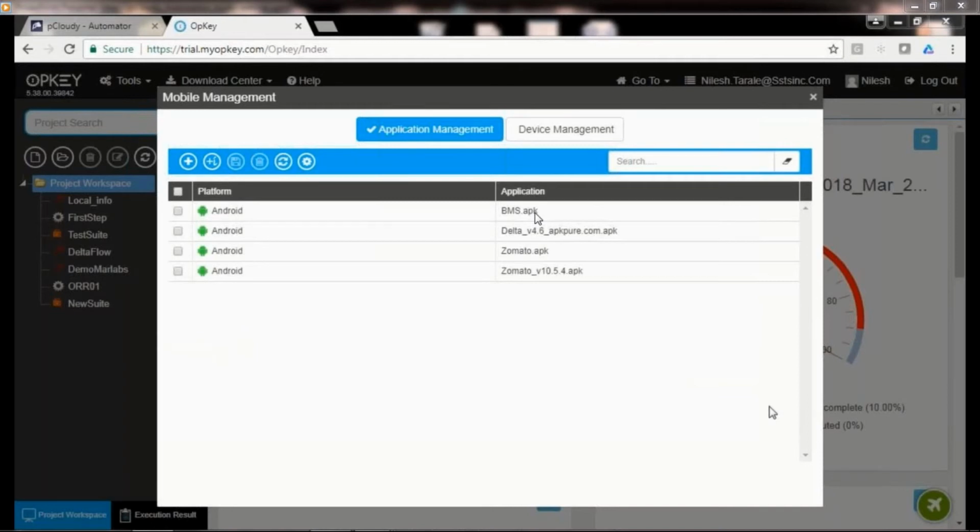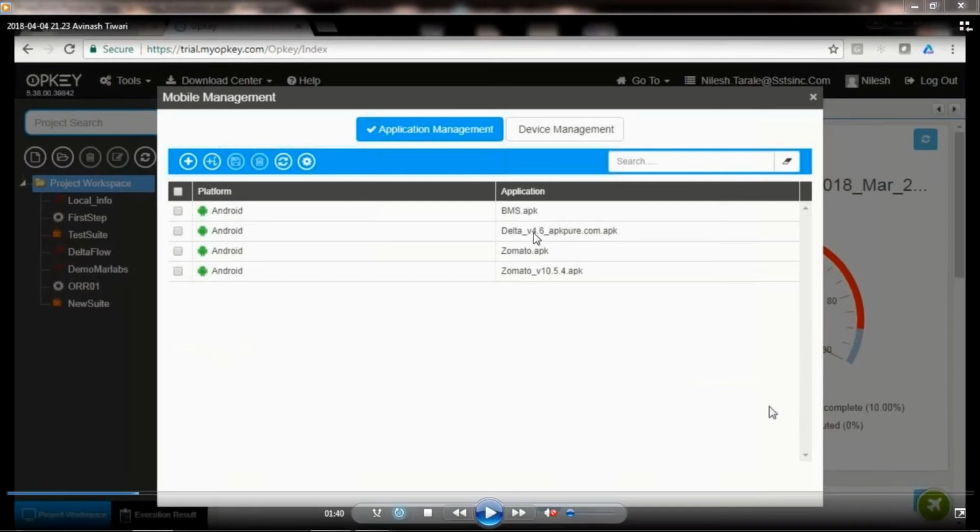So for this particular demo which I'll be showcasing today, we will be using the Delta application, the application which is already here. Because it was a very big application to be uploaded, I have actually considered bms.apk, but you can have any application. There is no limitation as such for this. So once you upload the application, it gets neonified, and then you can come here. You can just close this wizard,